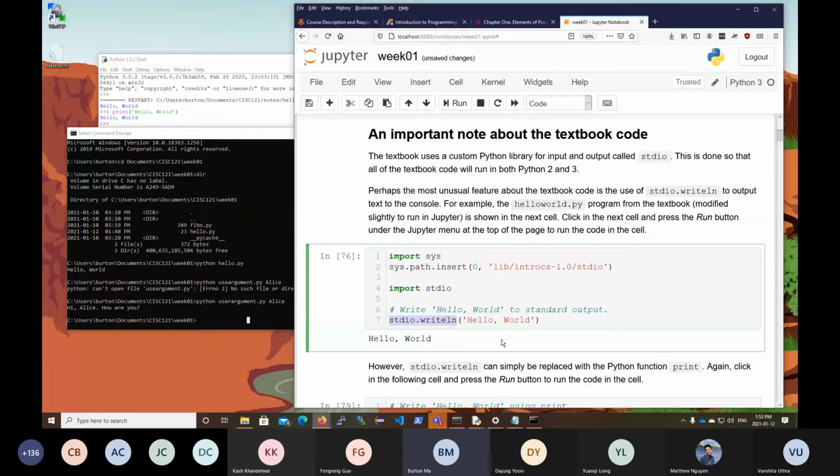Python 2 to Python 3. So there was a major version change not so long ago in Python. So this course uses Python 3. Now,